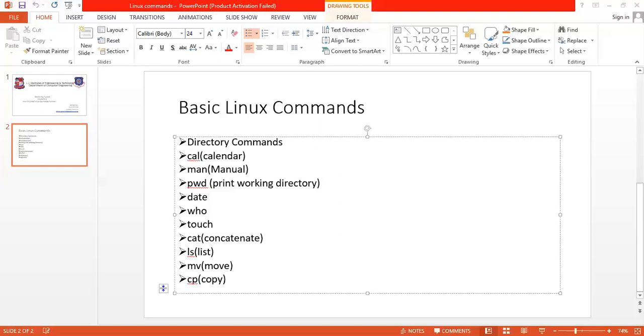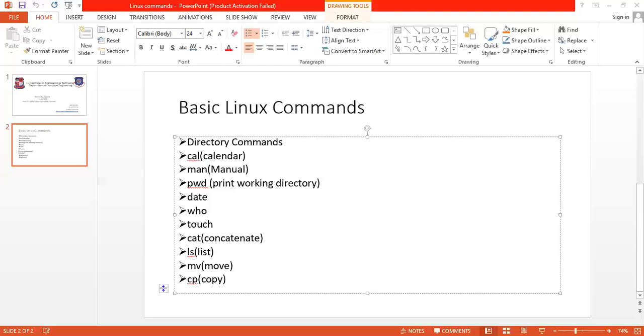Let us execute them one by one. First of all, if you want to create a file with the help of the cat command, what is the syntax? If you want to clear this console, there is one command and one shortcut. I will tell you both. You can use the clear command, and once you press enter, it will clear the console.